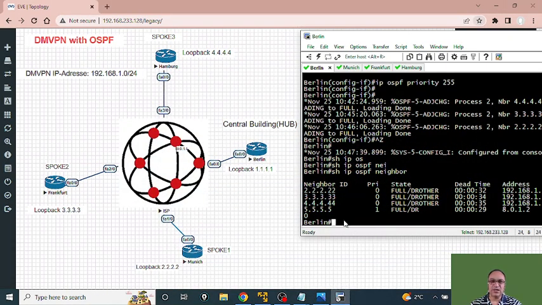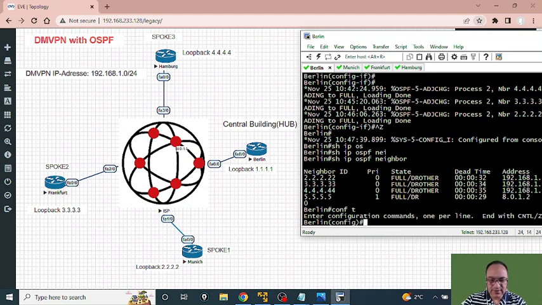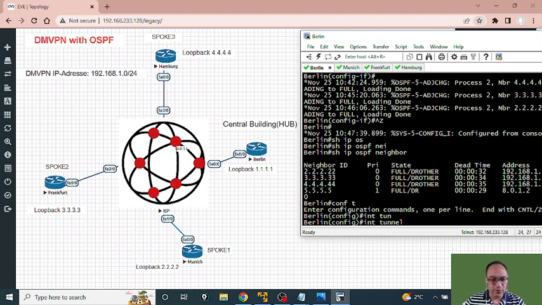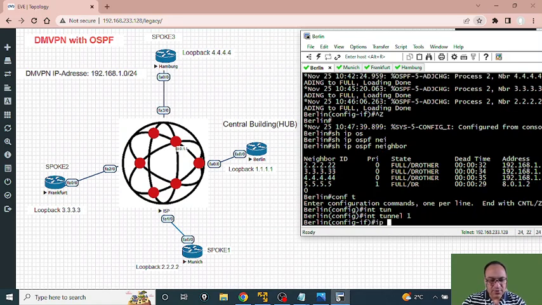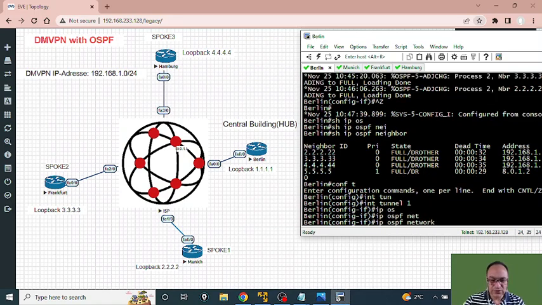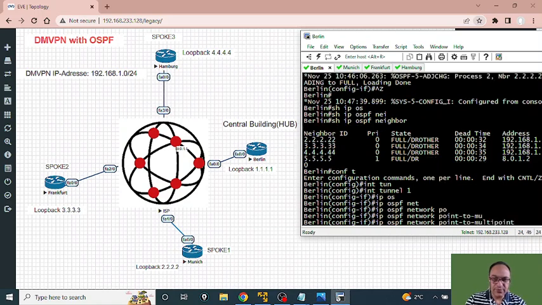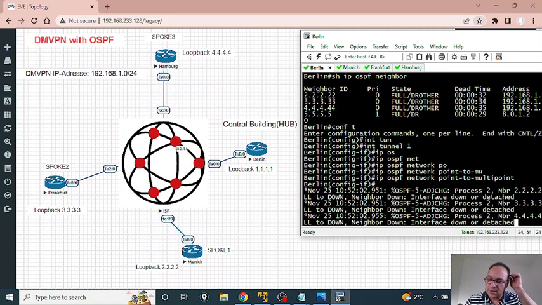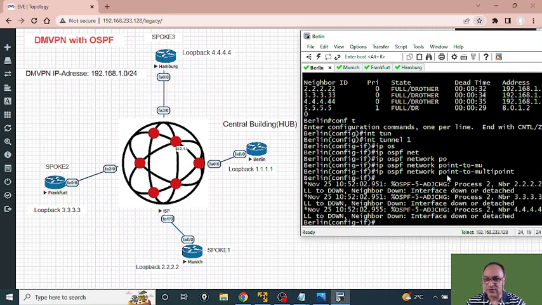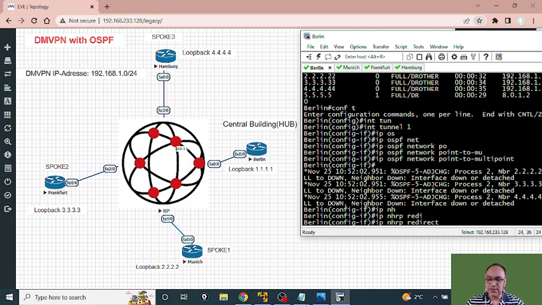I just must go into the configuration of the interface tunnel 1 for phase 3, and say ip ospf network point-to-multipoint. Just click here, yeah, because the network type changed, so the neighborship will go down. It's normal, and for phase 3 we just need to add this command and ip nhrp redirect. These two are the main commands that we must